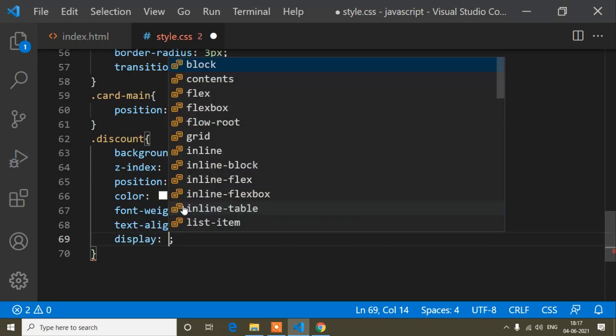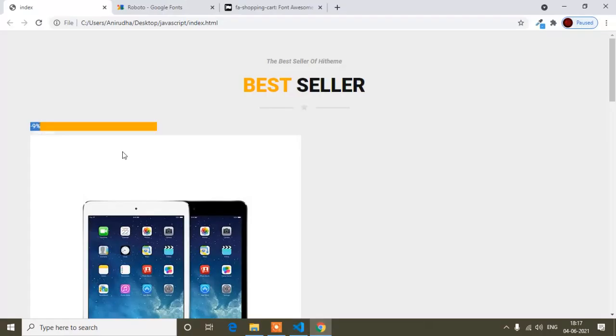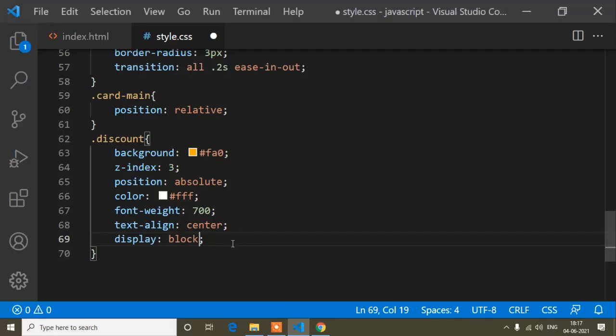Display will be block, so here you can see this content will block the line. If you write inline block, you can bring other content beside this content. Suppose here is the content, this one. If I want to bring this content here, then I have to write inline block, but here I don't need that, so I wrote display block.